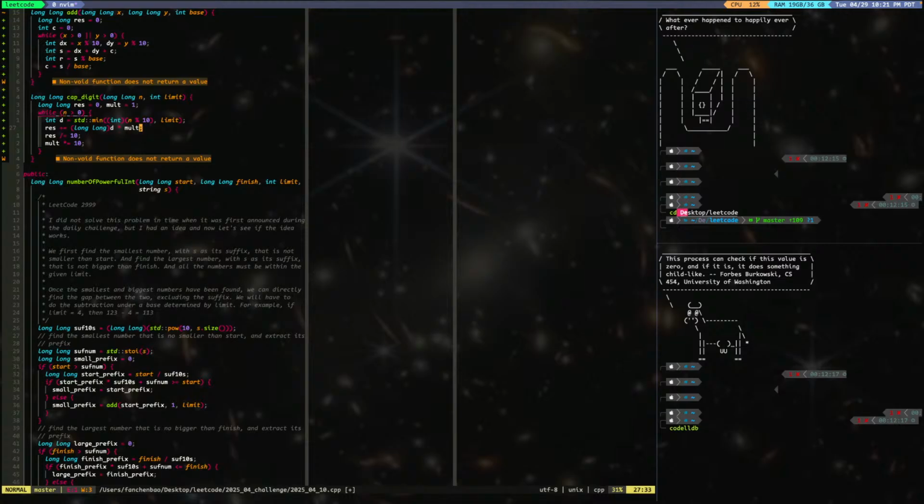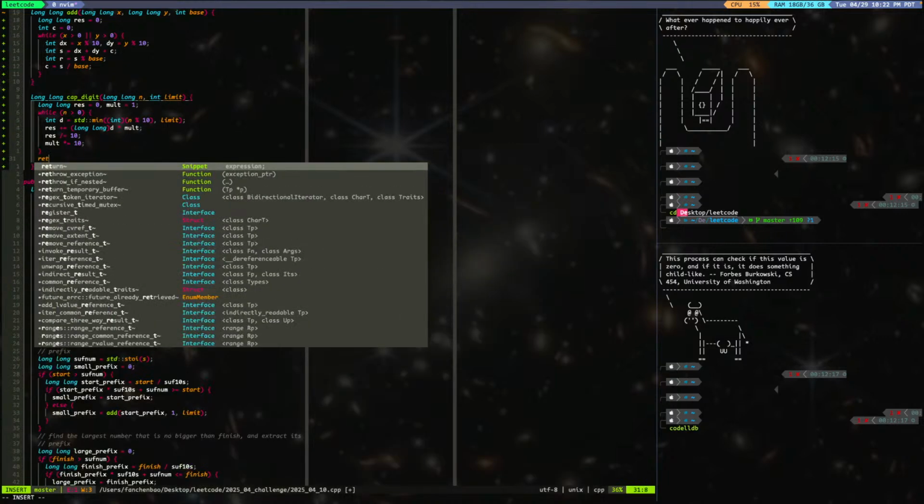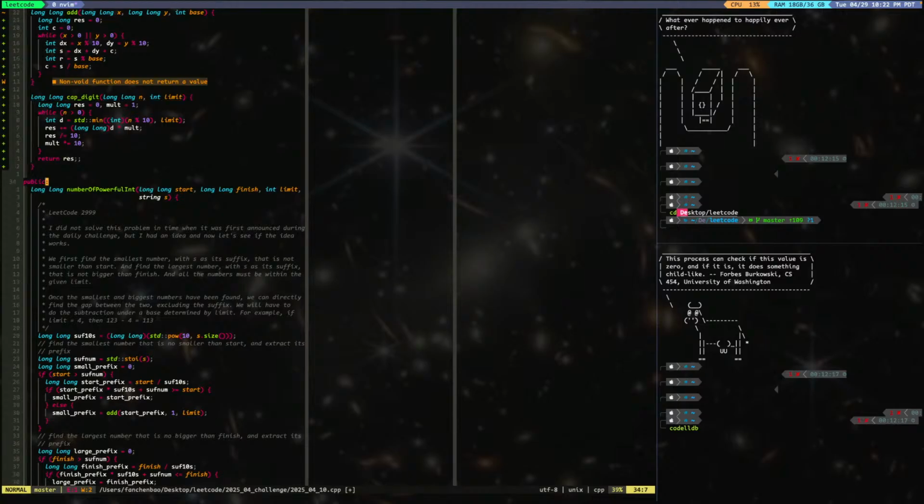There you go. Right, so we have int, and then we get a smaller one, and res will times equal to this, because whatever it is, I'll times the multiplier plus the previous, right? Multiplier plus the previous, and eventually we will return res. Okay, so this is cap digit. Now we have this star prefix shall be cap digit